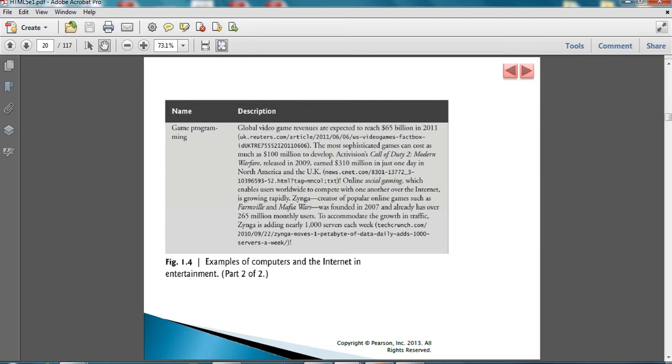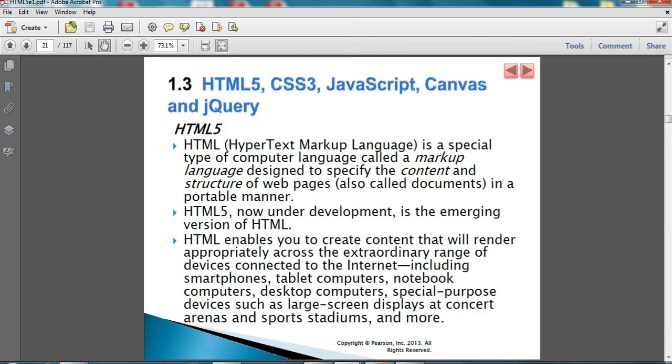So all of this was general information you can read and know for yourself to enrich your knowledge and make you more capable of understanding concepts related to web programming and to the internet. What we want to focus on is web programming, the details of web programming. So here in this chapter, we introduce briefly the concepts of HTML, CSS, JavaScript, and other concepts. We will be talking about each and every one of these concepts in later chapters in detail,